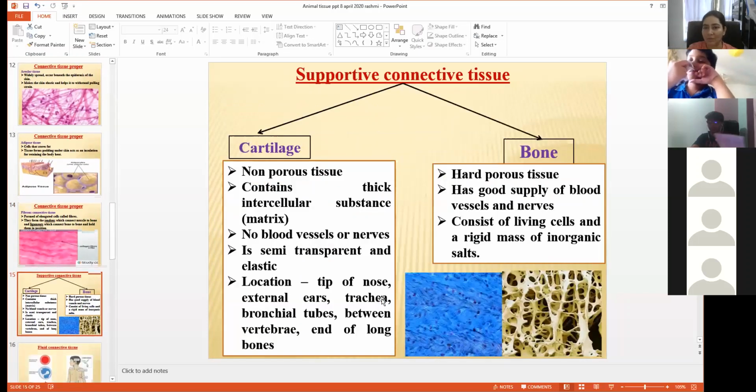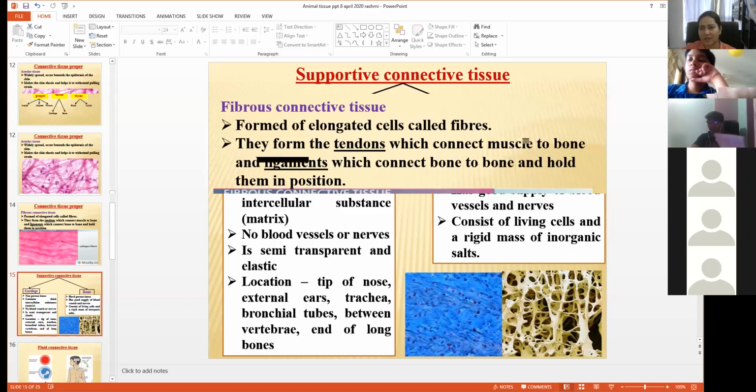Now children, we move on to another tissue, which is supportive connective tissue. There are two tissues under this. The first is the cartilage and the other is the bone. Now children, I don't see the annotate icon here, so I'll just show it to you on the screen. The first picture, which is in blue, is a cartilage tissue, and the other tissue which you see, can you see, it's highly porous, students. The number of pores that you can see here. Okay, this is how a bone tissue looks, right?